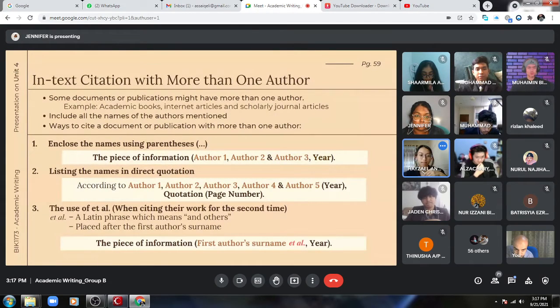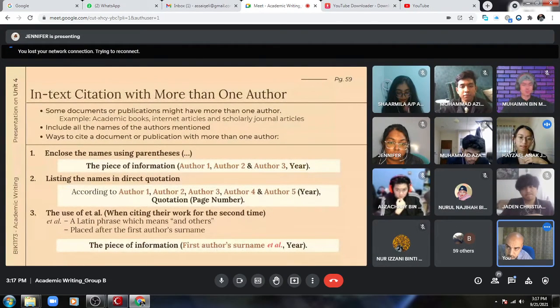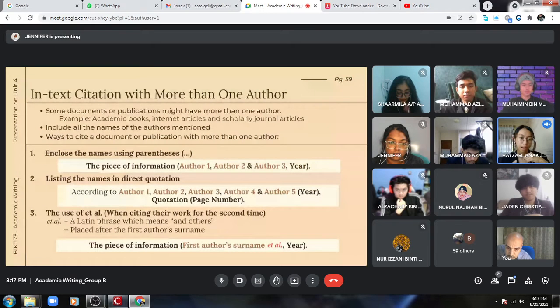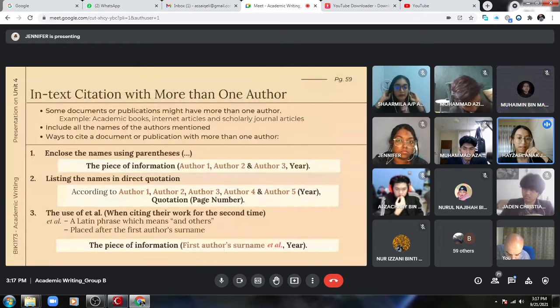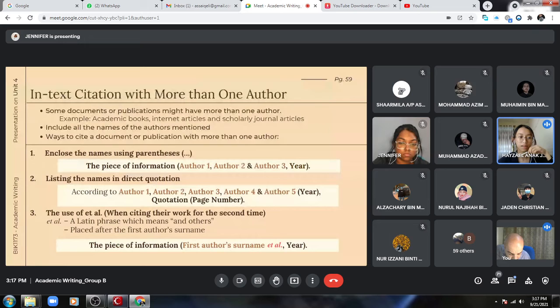The next is listing the first author followed by the year, with et al. This is when we cite a work for the second time. Et al, as mentioned by Dr. Aladdin, is a Latin phrase which means and others. It is placed after the first author's surname in a parenthetical citation, which means in the brackets. So it might look like